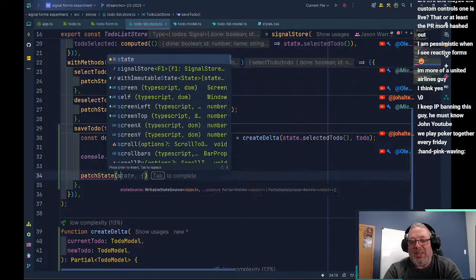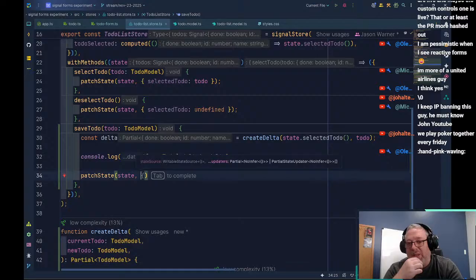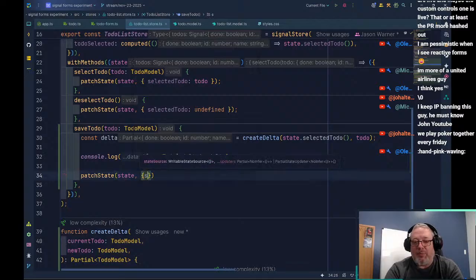We're going to patch state, and we're going to say state, comma, and what we want to do is modify the selected todo.